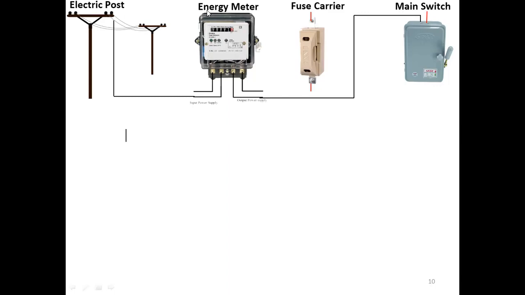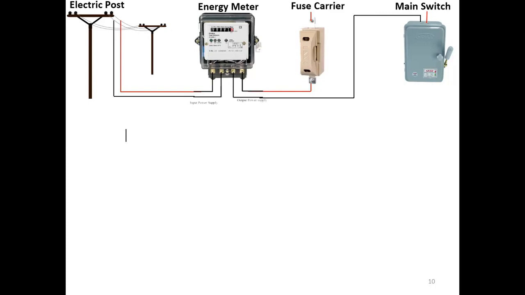Now the phase connection. See the red color wire, the phase, where it is connected to your meter. Then from the output of the meter, again the phase terminal is connected to the fuse carrier. That is very important. See, the neutral is connected directly to the main switch, but we give the phase terminal through a fuse carrier. Why? Since it is a protection circuit, the protection circuit should be connected in series with your circuit. So the fuse is connected in series with your circuit, right?